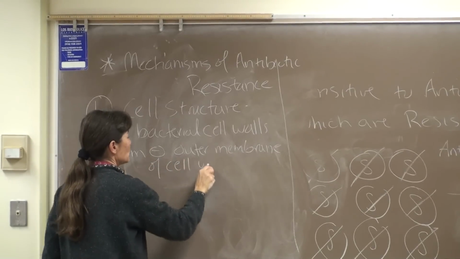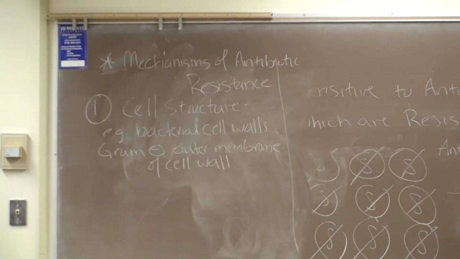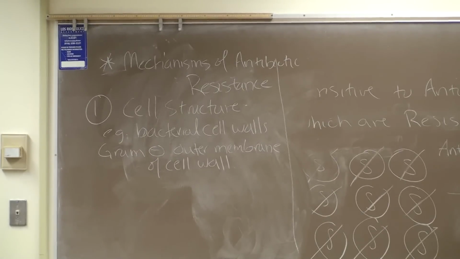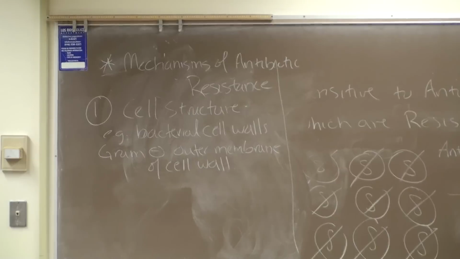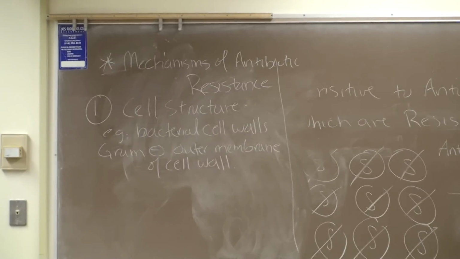And you guys remember one example is that many gram-negative bacteria are naturally resistant to penicillin because penicillin can't cross the outer membrane. You'll recall that if we have large hydrophilic antibiotics that we're going to use against gram-negatives, the antibiotic must be able to pass through the porins, those protein channels in the outer membrane. Okay, so penicillin, as an example,